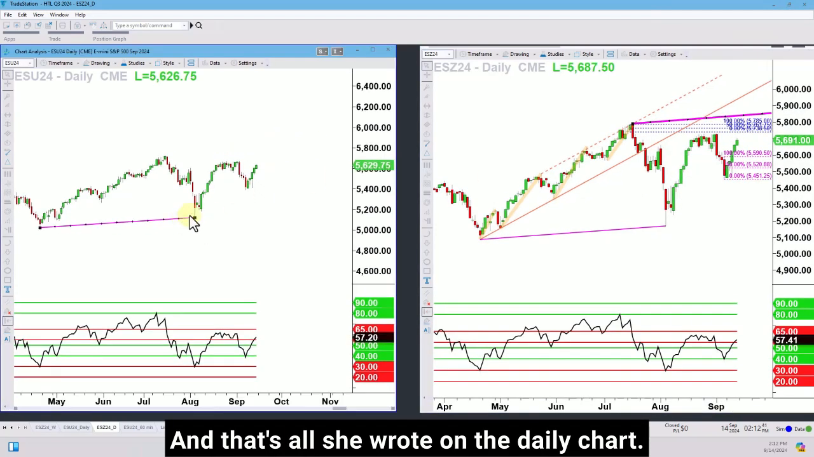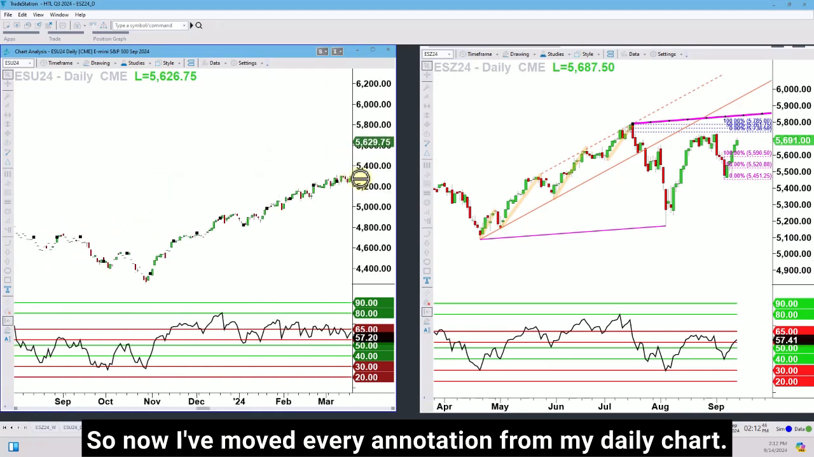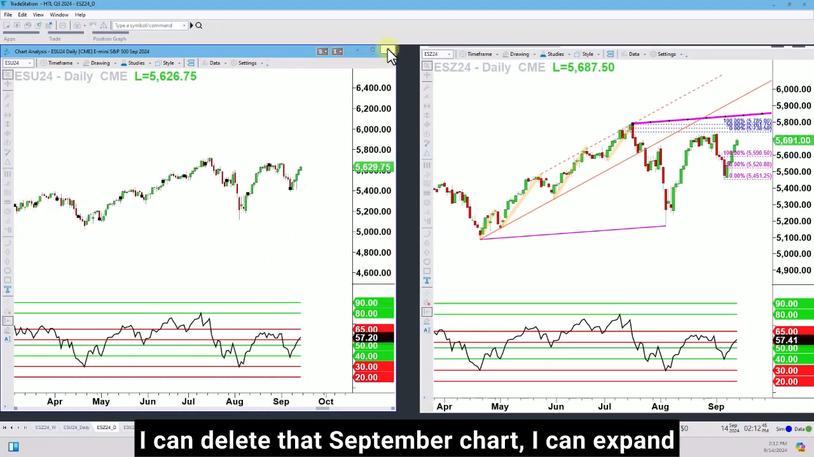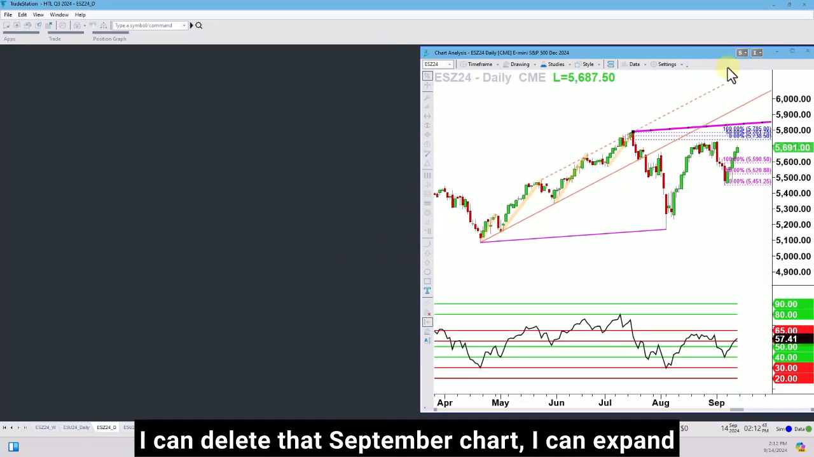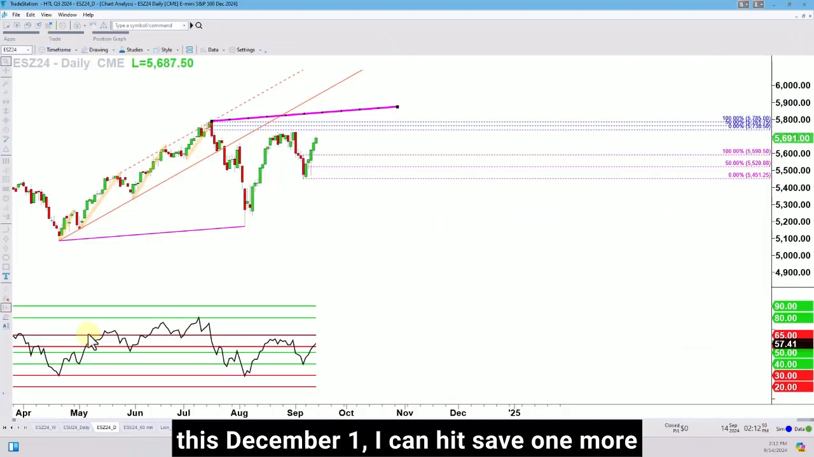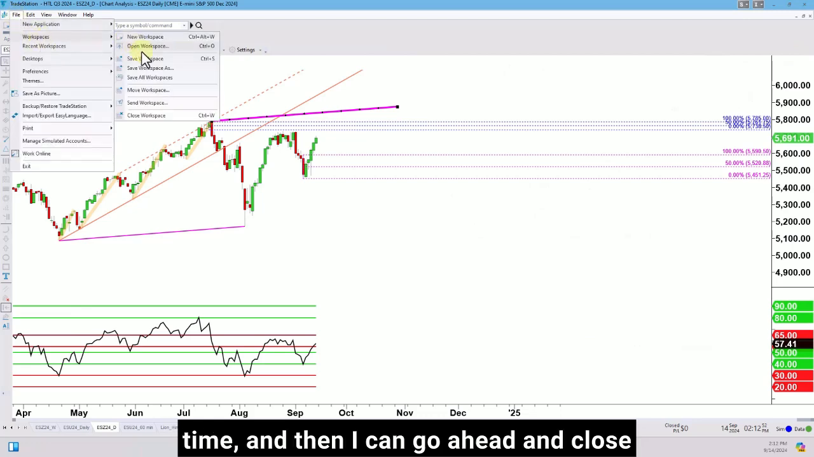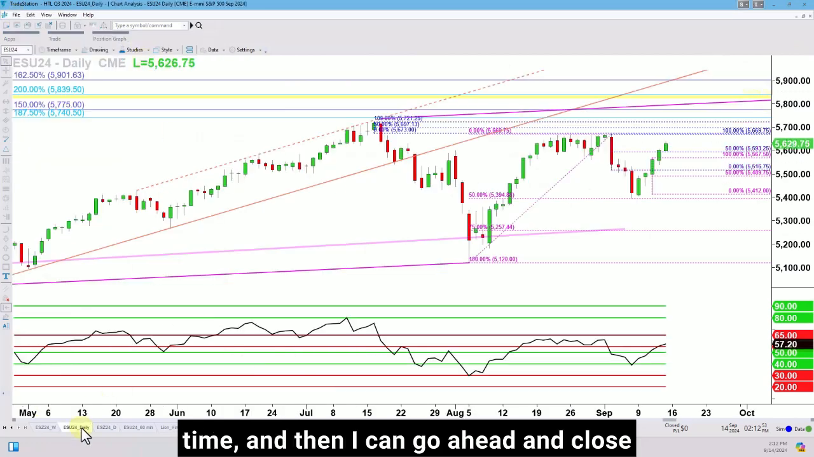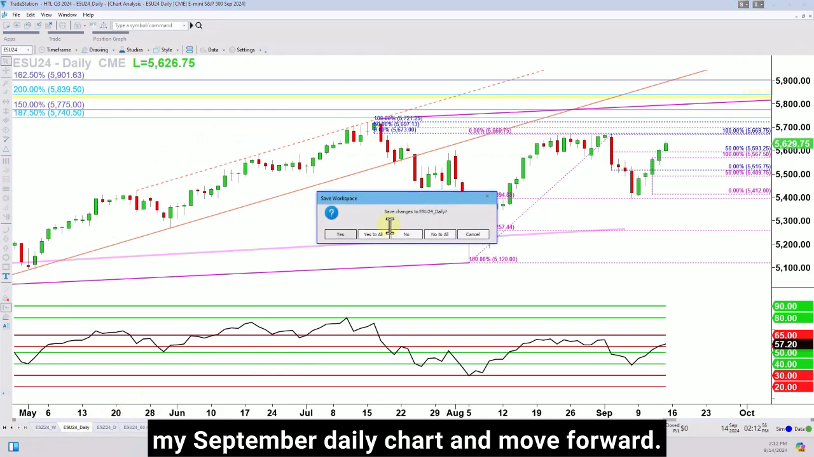That's all she wrote on the daily chart. So now I have moved every annotation from my daily chart. I can delete that September chart, I can expand this December one, I can hit save one more time, and then I can go ahead and close my September daily chart and